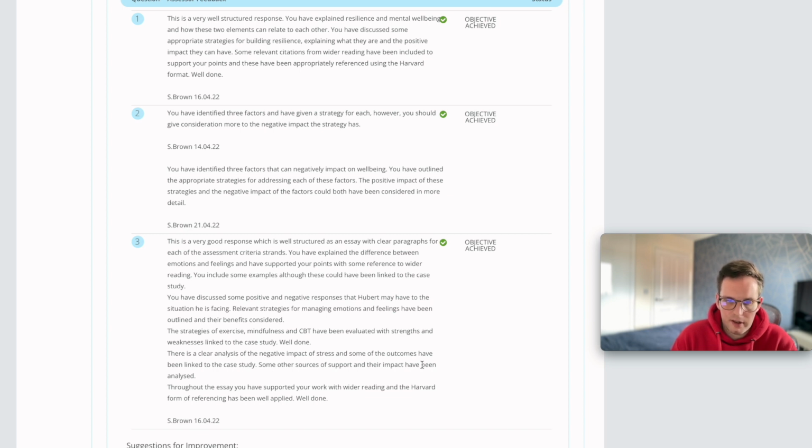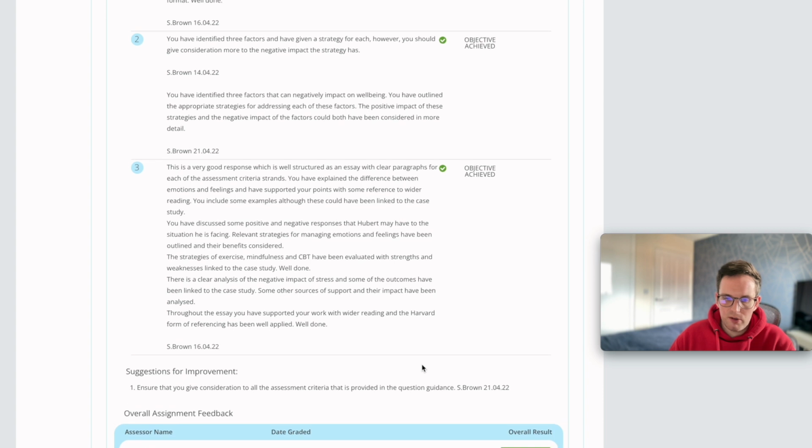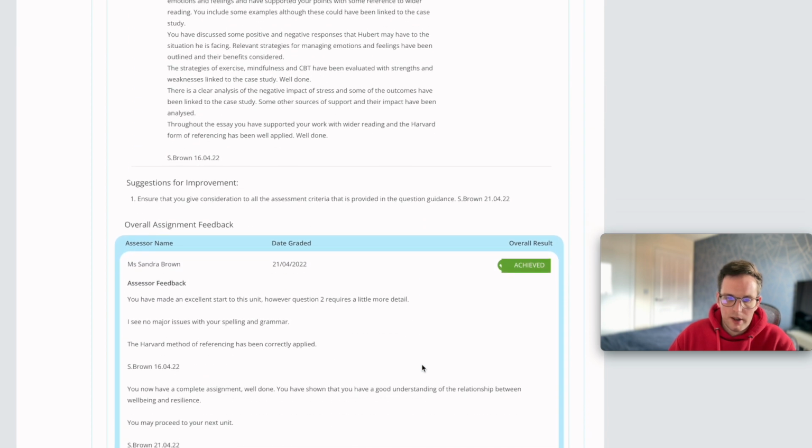The strategies of exercise, mindfulness and CBT have been evaluated with strengths and weaknesses linked to the case study. Well done. There is a clear analysis of the negative impact of stress, and some of the outcomes have been linked to the case study. Some of the sources of support and their impact have been analysed. Throughout the essay, you have supported your work with wider reading, and the Harvard form of referencing has been well applied. Well done. So they always give you suggestions for improvements as well, which I think is really useful